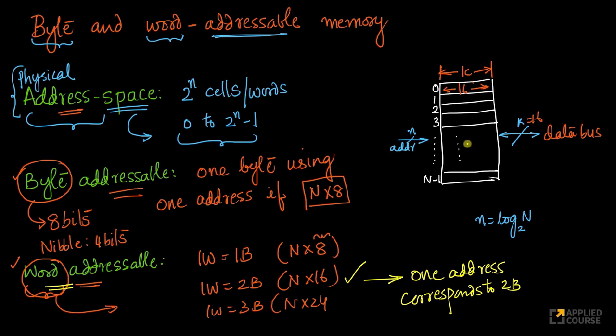But now your question again: by default, every microprocessor, and at the end of the day, your RAM or main memory doesn't exist in isolation. It always works along with a CPU. Remember that it's your CPU that is sending these addresses, and this data is actually going back to the CPU, right? So your memory works in tandem with the CPU. So by default, we always assume that in a standard microprocessor and memory design,